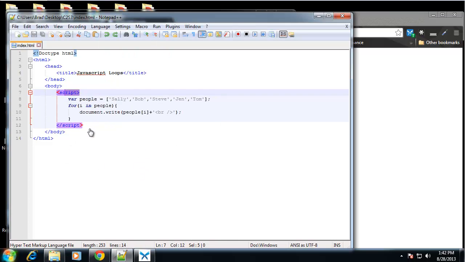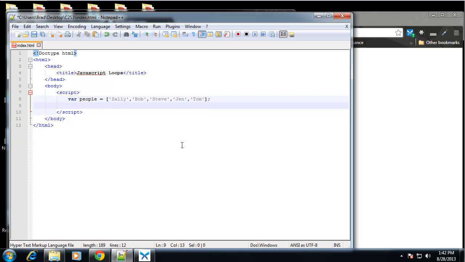And like I said before, we don't have to use a for in loop with an array. We can just use a standard for loop or a while loop. So I'll show you how to do the same thing with a for loop. So we're going to say for parentheses, curly braces, and the first parameter again is going to be the declaration. I'm going to say I is equal to 0 and have a semicolon. And now instead of saying I is less than a certain number, we're going to say